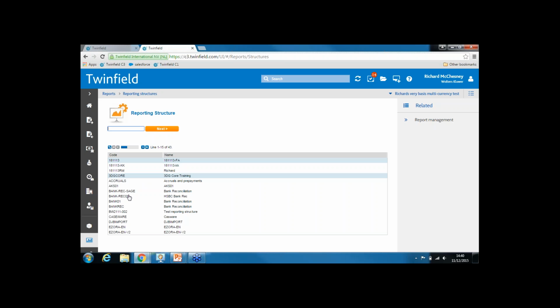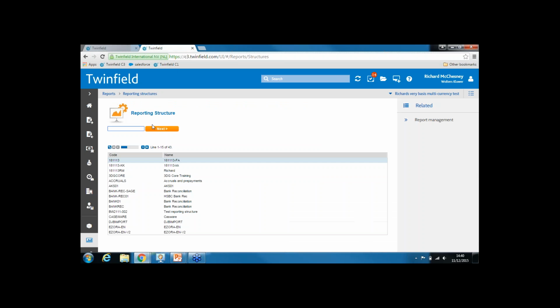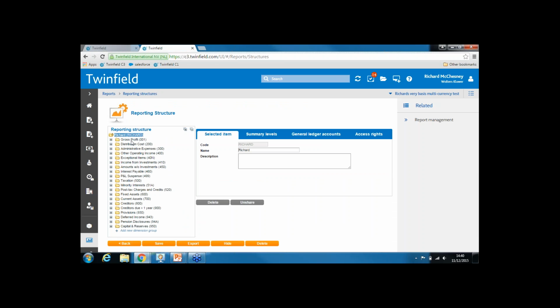Now, I've got all sorts of reporting structures in my test company. If I go back to my report, at the top here, it will tell me my reporting structure happens to be a reporting structure with my name on it. So I'm going to go and modify that reporting structure. And if I type in here, that's the reporting structure we want to modify. So these are all my different subtotals for both the profit and loss and the balance sheet. And the field that was on my report